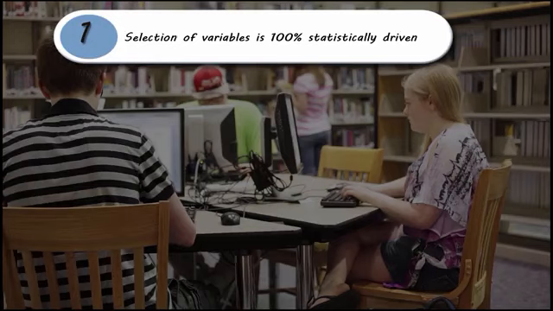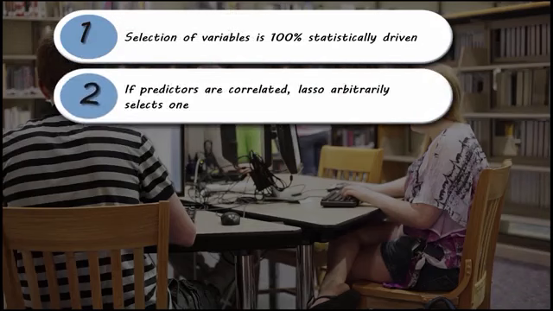There might be a good rationale for including a predictor, even if it appears to have no association with the response variable. For example, it might be important as a covariate or a moderating variable. If predictors are strongly correlated with each other, the Lasso will arbitrarily select one of them. You might have different ideas about which of the predictors you would choose to include, or whether it's important to